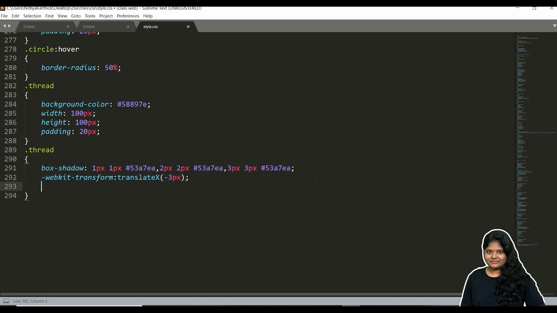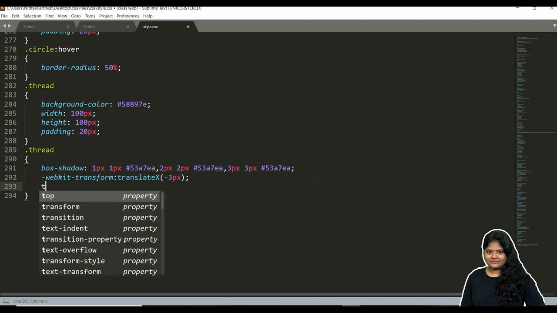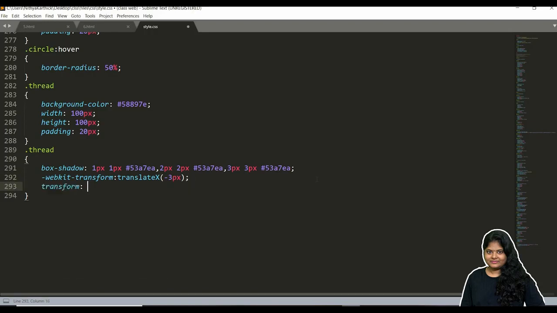So we can use transform as a command, copy the thing and paste it here. Yes, now save it. We want to give this in the hover option.